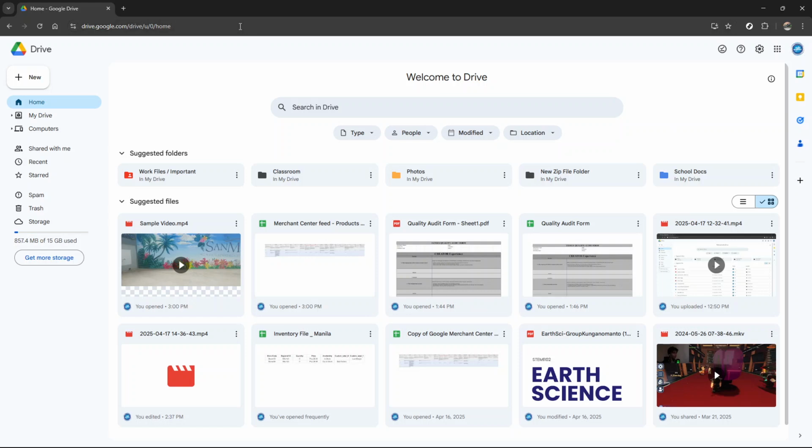First, open your web browser and head over to Google Drive by entering drive.google.com into the address bar. If you're not signed in already, you'll be prompted to log into your Google account. Make sure you use the account that you want to have access to your photos. Once you're logged in, you'll find yourself on the main Google Drive page, where you'll see all your existing files